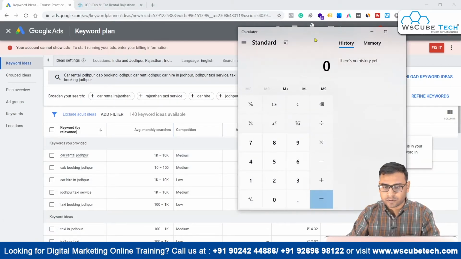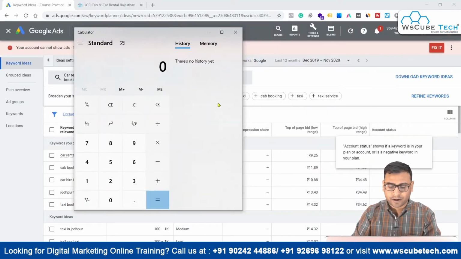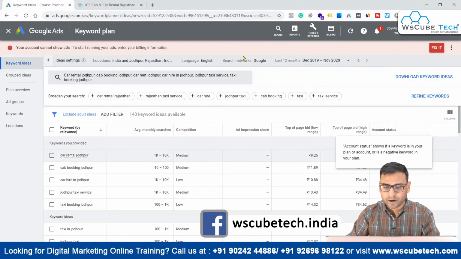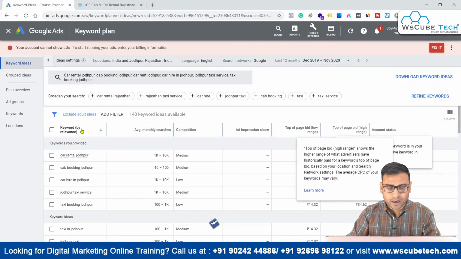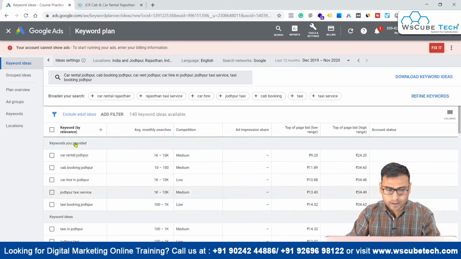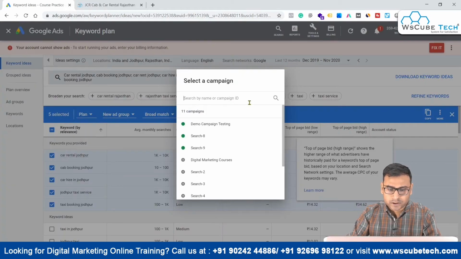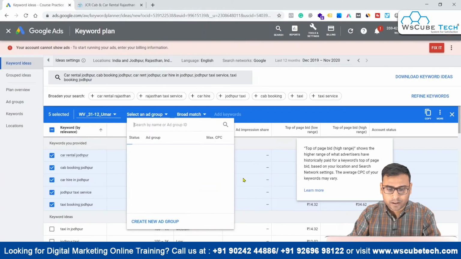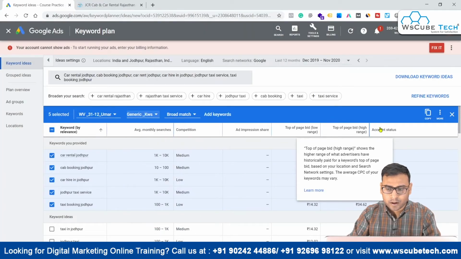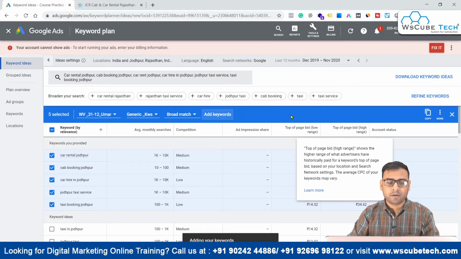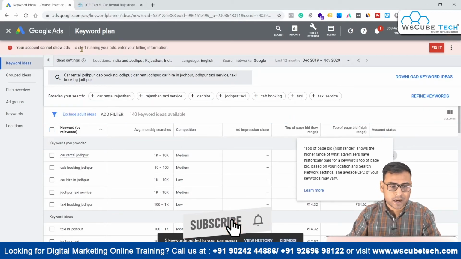Like it is 25, right? So we will put 25 plus 10 over 2, that will be somewhere around 17.5, right? So we'll figure out the averages of the different keywords which are present over here, and then we can bid on those keywords, right? So we can simply select these keywords from here also, and we can use these keywords in the existing campaign. So we'll select this campaign, we'll select this ad group, and now these keywords will be added over there. We can also apply different match types once they are added, right?